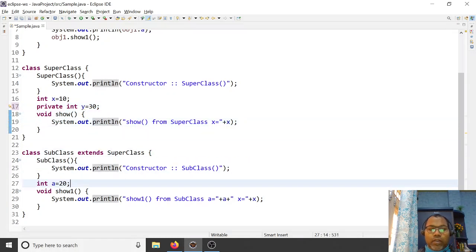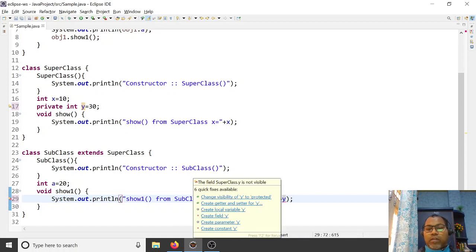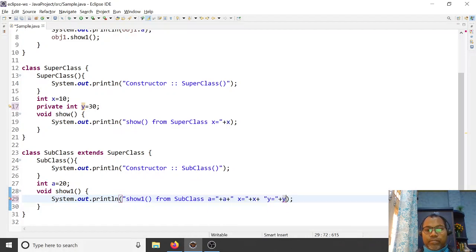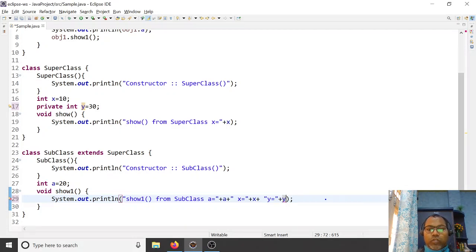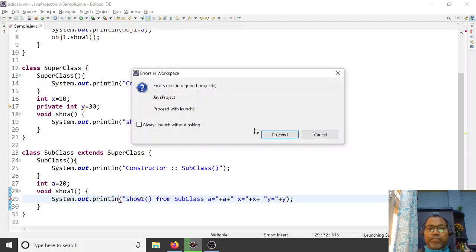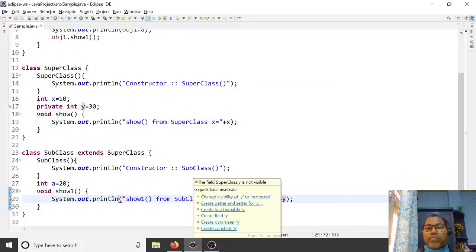If you try to access y here, it is not allowed, because this is a private data member.